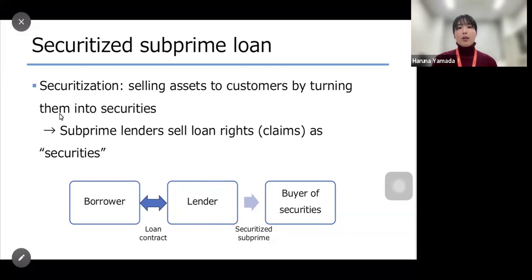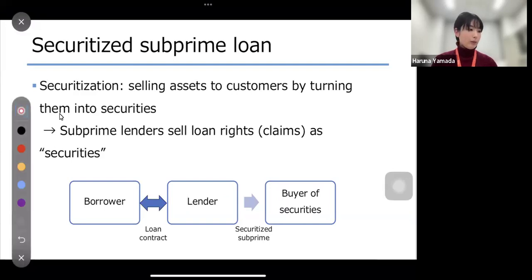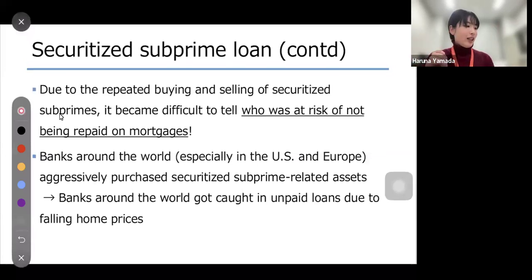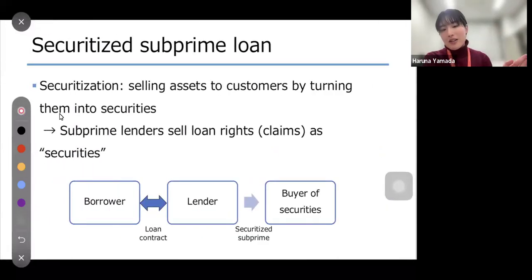So the securitization is the key concept behind the global financial crisis's impact. A single securitized contract is very simple, like that. There are borrowers, and the lenders sell the securitized subprime loans to the buyers. So this is simple, but